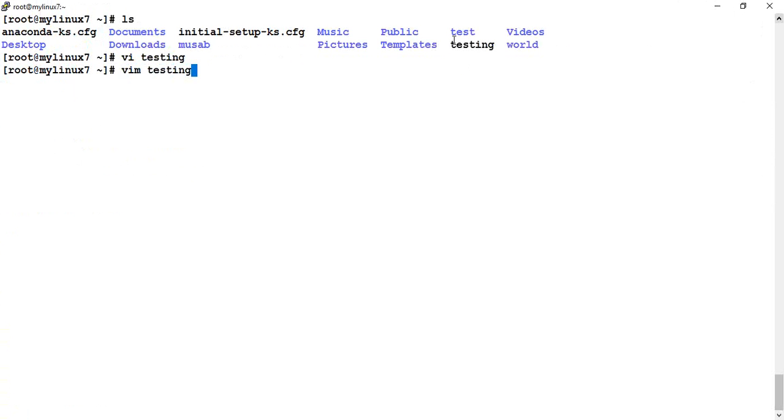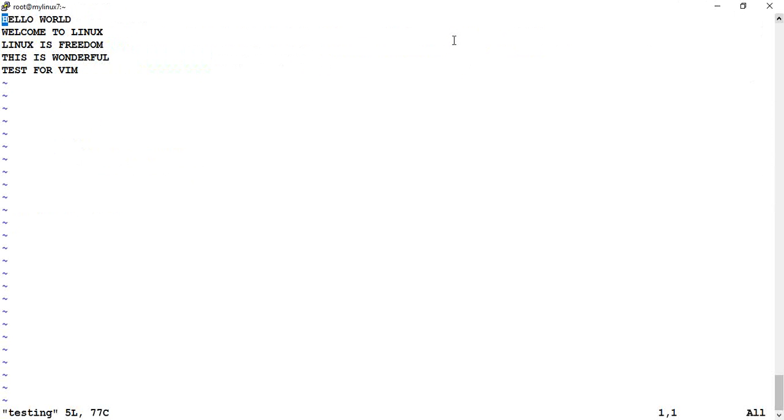So VI is the old version, VIM is the latest version. VIM contains all the features of VI plus some extra features. So I'm going to concentrate on VIM editor. So I am in VI editor. Now VIM editor, in fact, I'm sorry. So in VIM editor, as I've told you, as soon as you